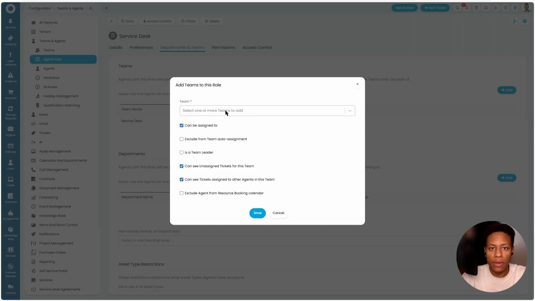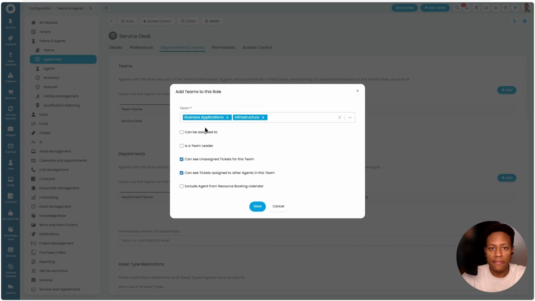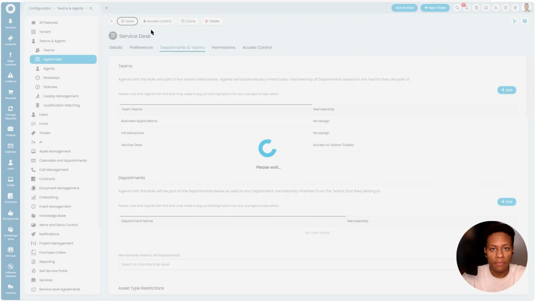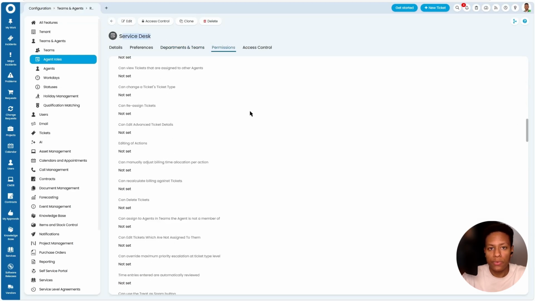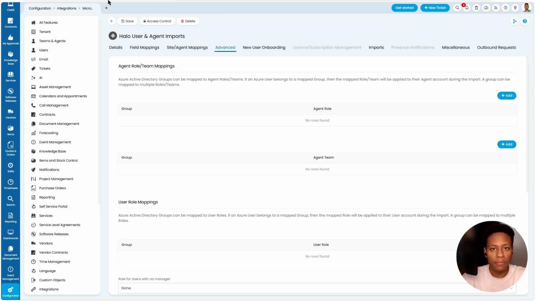And we can also say anyone with this role is also going to have visibility over business applications and infrastructure. Later on, we'll have the ability to provide extra access to anyone with this role, and the same thing for all the additional roles that we need to configure within the tool. But we'll jump back now to the EntraID